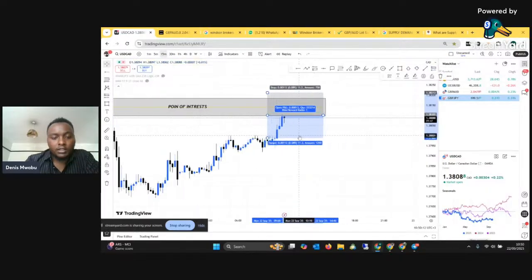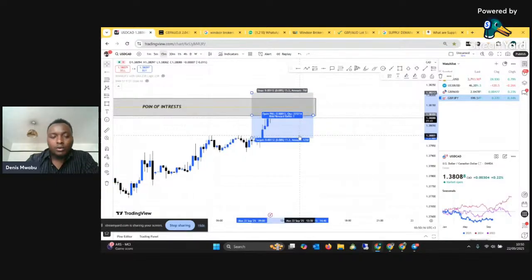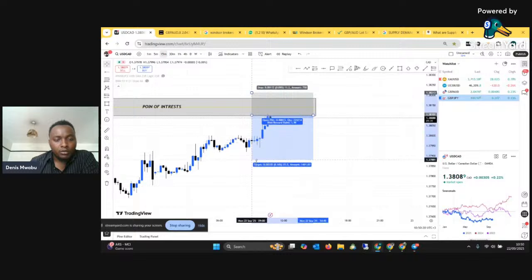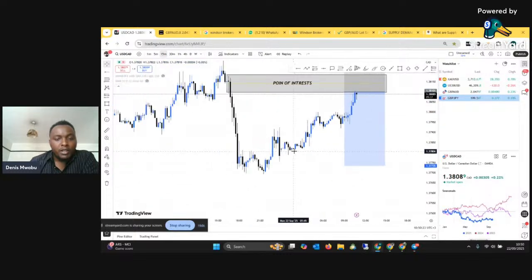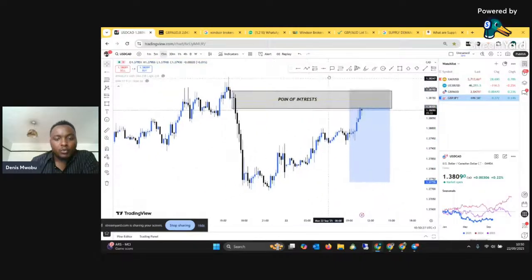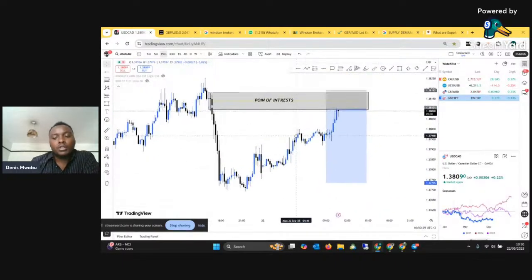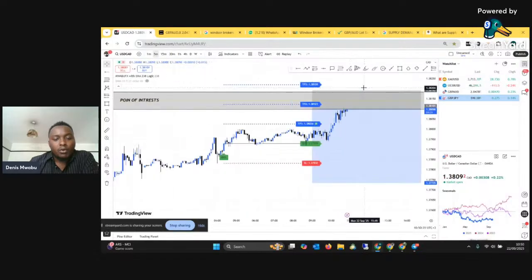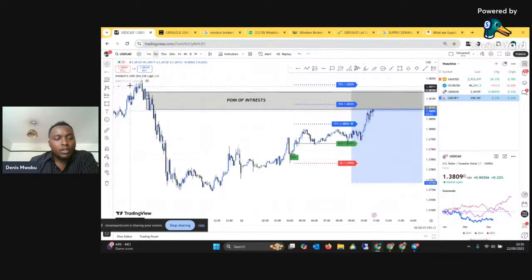They already have their sell limits, and they're just planning to get into these sells from here. All right. But for me, I'm conservative. I would like to wait for my candlestick confirmations, and after candle confirmation, I would like to go on the lower time frame now also, and I will want to see